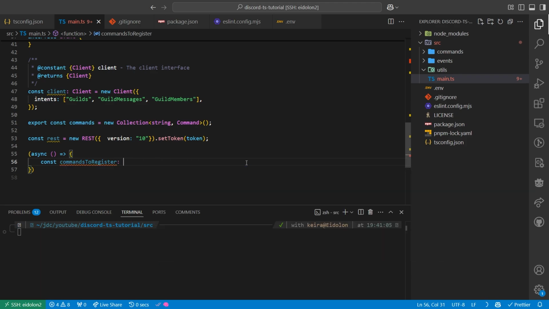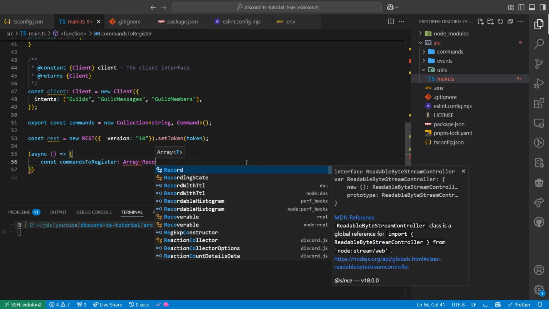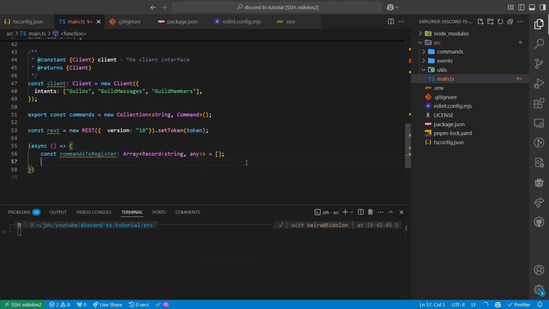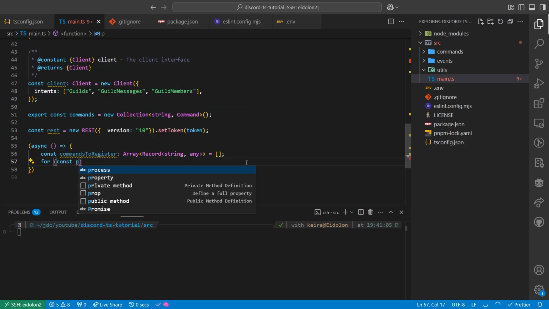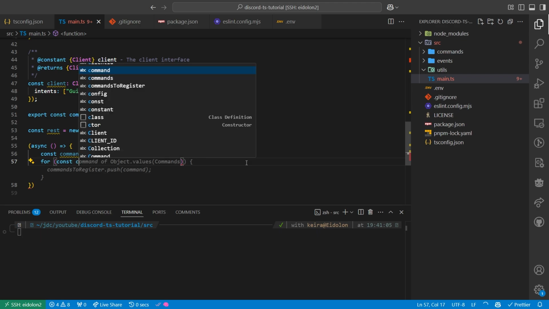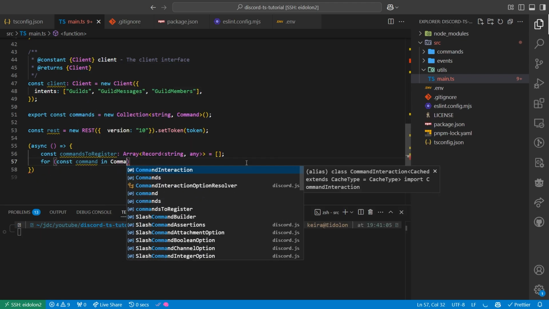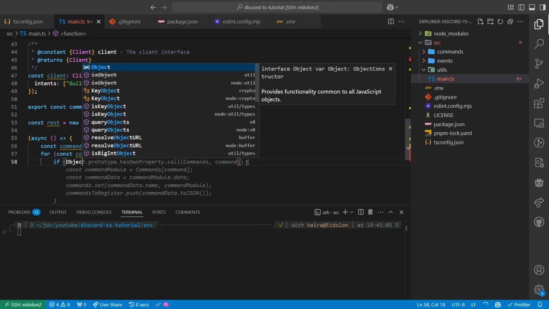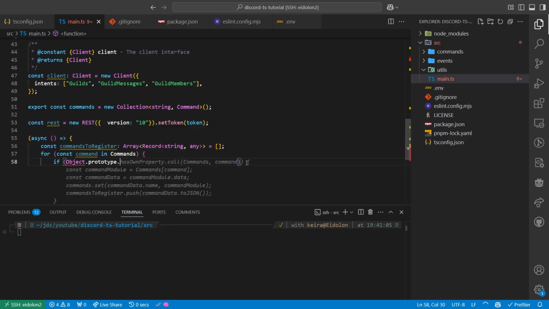Because we haven't actually made all of it yet. But it's easier to do it file by file for me. What's this referencing, trying to do? Const command of... no. Const command in command. Worth having a look now. If Object.prototype.hasOwnProperty.call